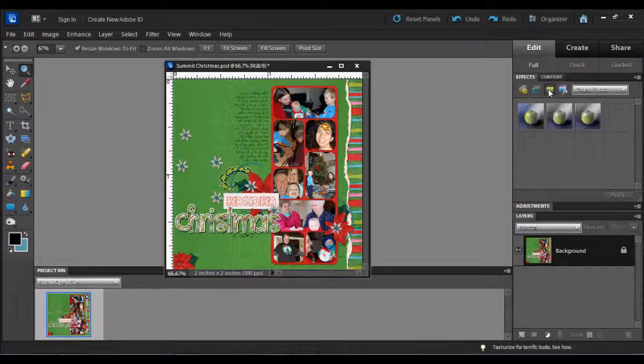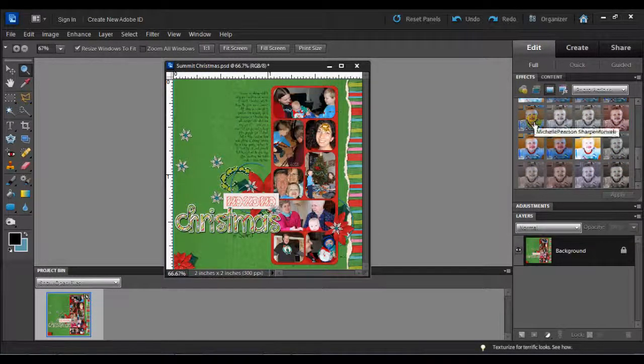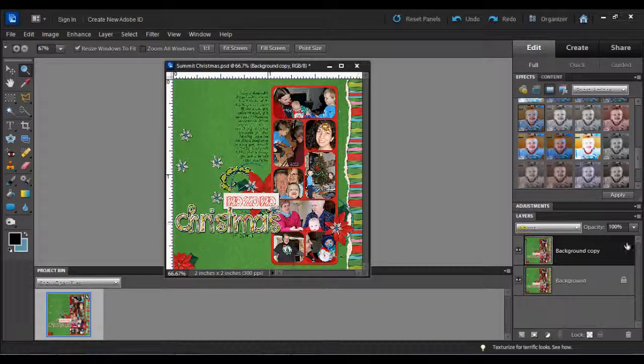Now I like to sharpen it, and I actually have an action that I have purchased that I use to sharpen. It's this one right here by Michelle Pearson, Sharpen for the Web, and if I double click on that, it gives me a second layer and it sharpens it. Now this is too much sharpened for my taste, so I often go then and reduce the amount of sharpening